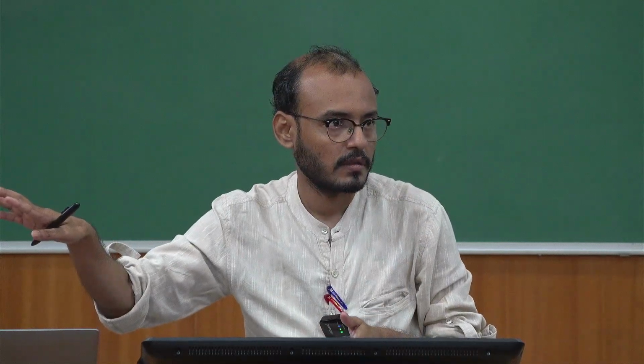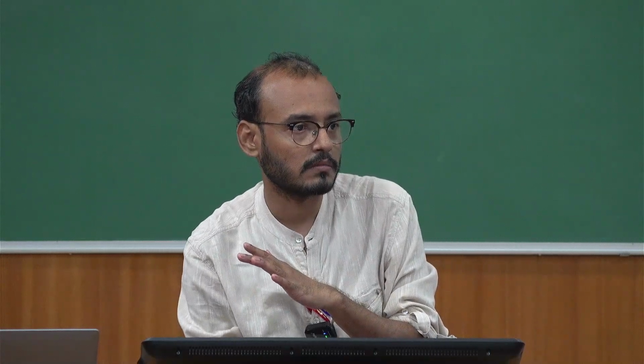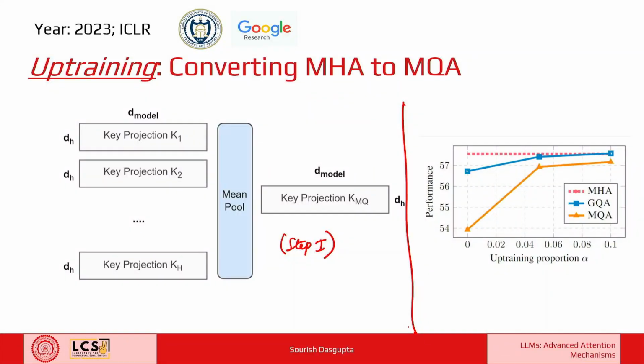Okay, so now what you do, you actually averaged out all the keys of an existing model instead of training it from scratch, which earlier people were trying to do. So they said that don't do that. Don't train everything from scratch. Take an MHA model and convert that into an MQA model. By first doing this, so this is step one. So this is step one. By first doing this mean pooling, and then in step two,